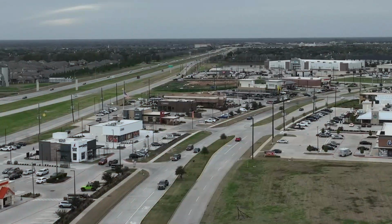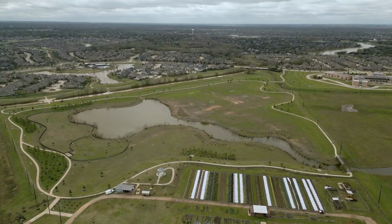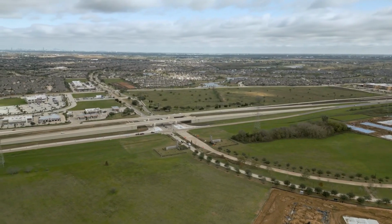The third con about living in Harvest Green is that it is a pretty far commute from downtown Houston. If you work in the medical center, in the energy corridor, or in downtown Houston, you're about 30 to 45 minutes from all of those locations. Now, if you are used to being in Houston, then you know that that is pretty typical for most Houstonians to commute that distance or even more on a day-to-day basis. But if you're moving from an area where you're not used to that commute, that might be something that is